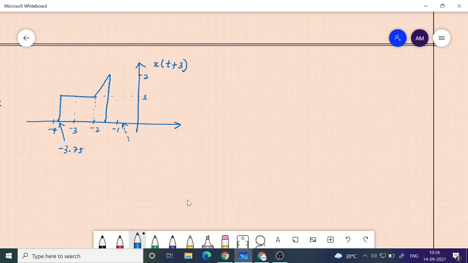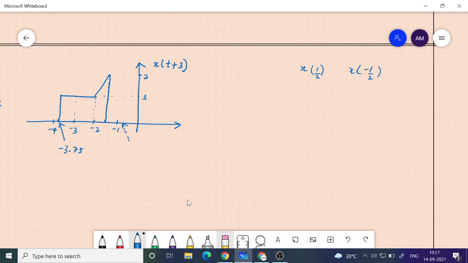If something was at 1, when you divide it by 2, what will happen? It will go to half, right? If something was at 1, it will go to half. If something was at -1, when you divide by 2, it will go to minus half. Similarly, if something was at 4, it will,